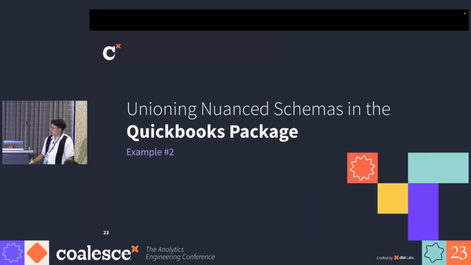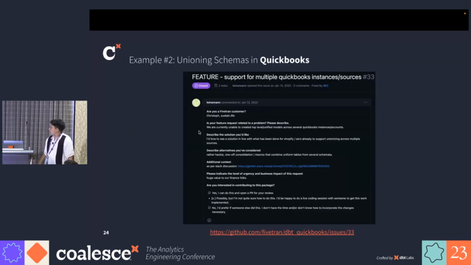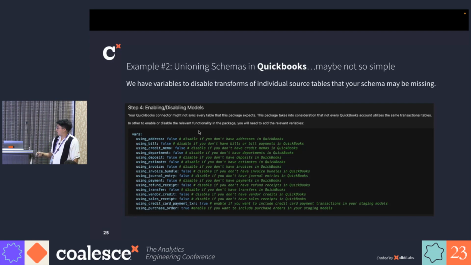Cool. So the next example is unioning nuanced schemas in the QuickBooks package. So we get this sort of request a lot, asking for support to be able to run the package on multiple instances, which makes sense. In Fivetran, you can have multiple QuickBooks instances. Often people do for different countries and stuff, especially if we know that they're mostly going to look the same. Though